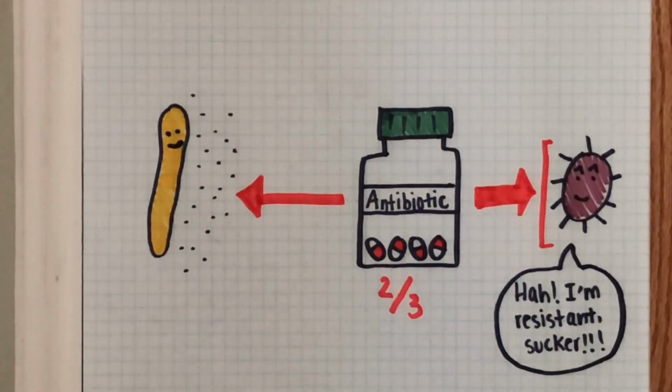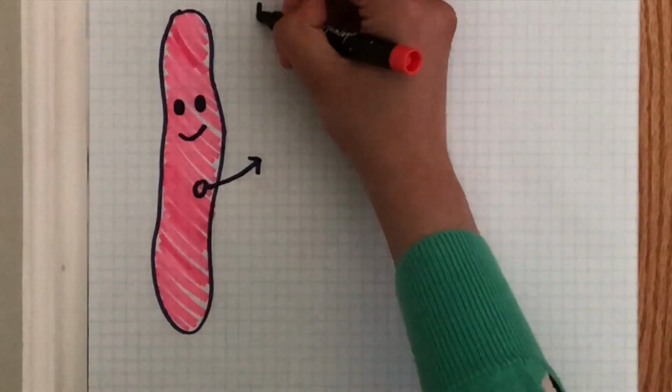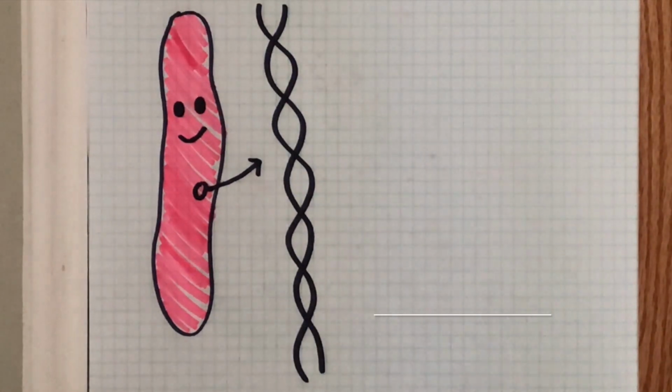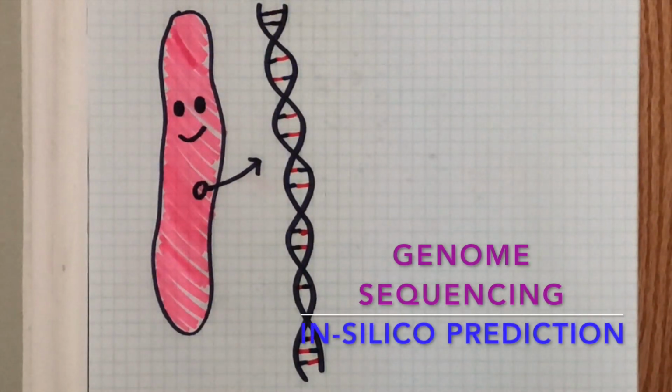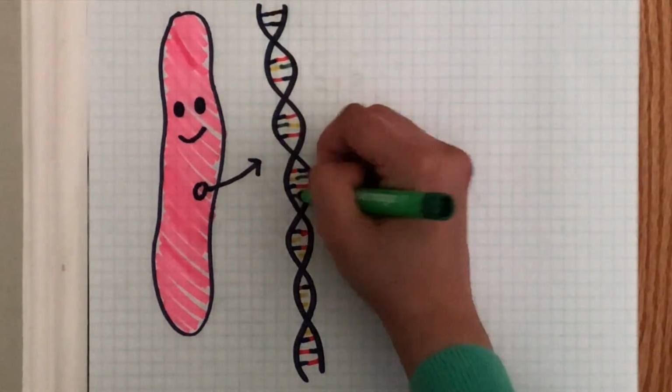However, issues such as antibiotic resistance are making many of these compounds obsolete. The promise of the Streptomycetes seemed to be coming to an end until the advent of genome sequencing and in silico prediction. These methods allowed scientists to take a closer look at what Streptomycetes really had in store, and what